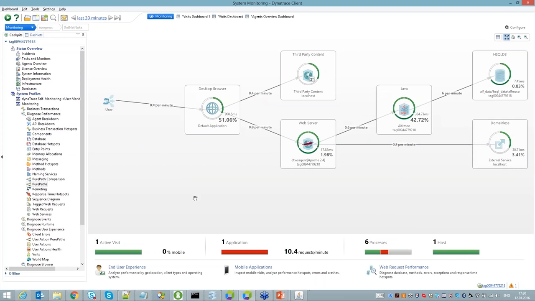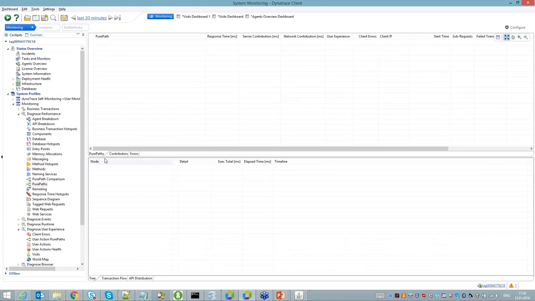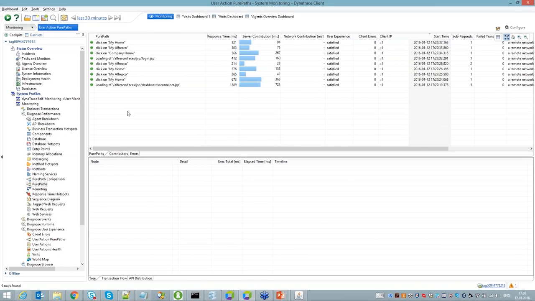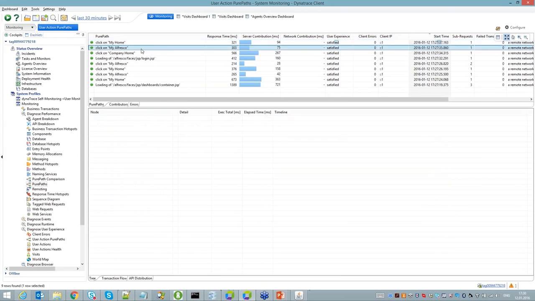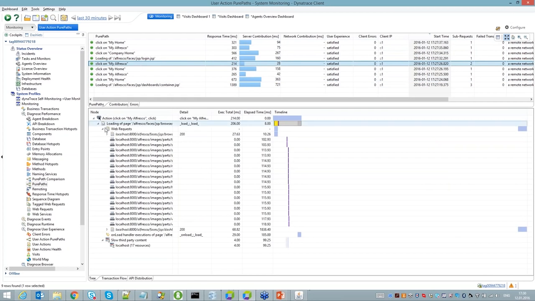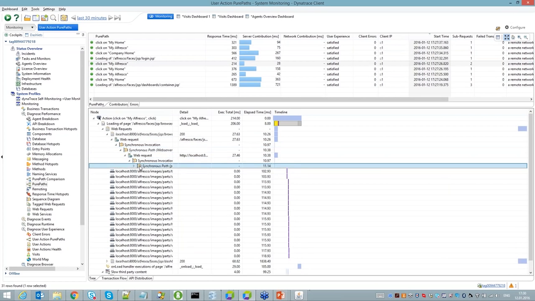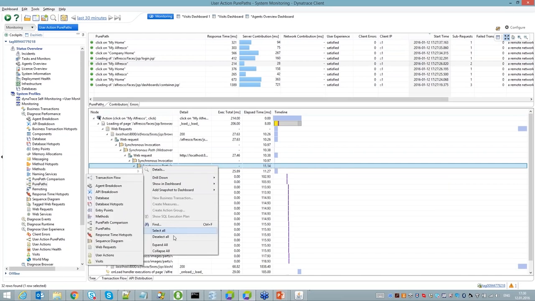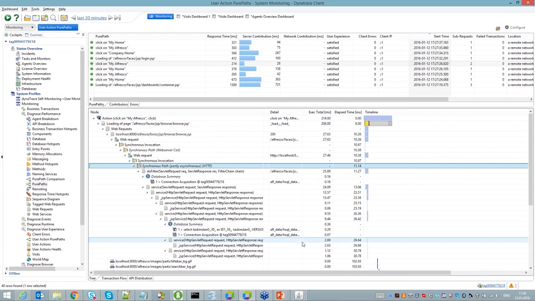And I can, if I want to, always right-click, drill down, and figure out what this user was really doing. So here I can now actually drill to these, what we call the PurePaths. So click on my home. Remember, this was my first thing. Click on my Alfresco. Then I went to login. And every single detail is fully captured for me. And I can now go down all the way into method level if I'm a developer. And let me just expand all, and I can figure out what actually happened here, including database statements and so